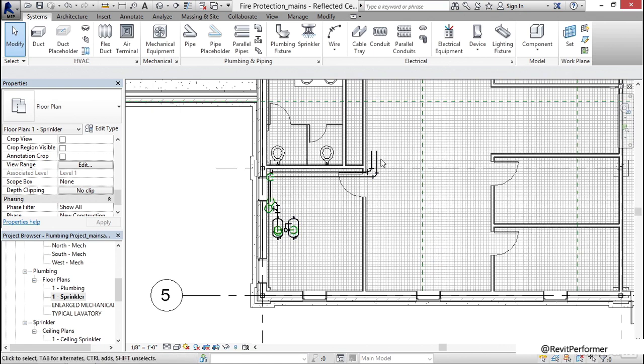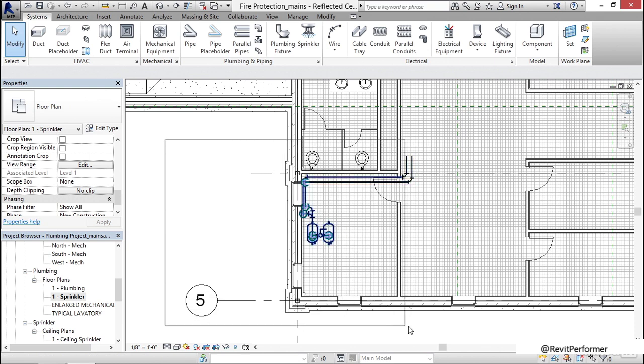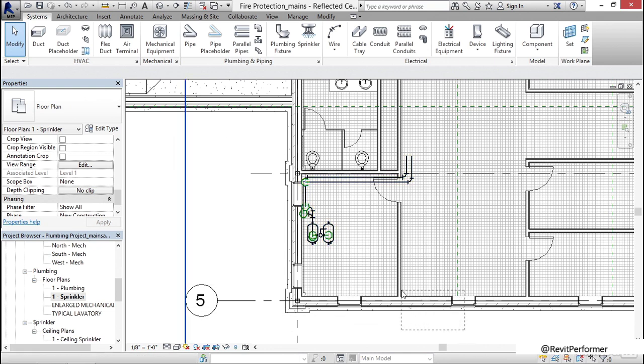One thing I'd like to do is hide some items in the model. Because of the fact that we don't have layers, there's a trick in Revit to hide just certain objects. The first part is being able to select them. There's 2 different selection methods available in Revit. One is called a box, and the other is called a crossing window. If we pick from the left to the right, this is considered a box, which means that every item that's 100% inside of the box will become selected. If we pick a crossing window, that means that all we have to do is hover over stuff. The second we touch it, it becomes selected.